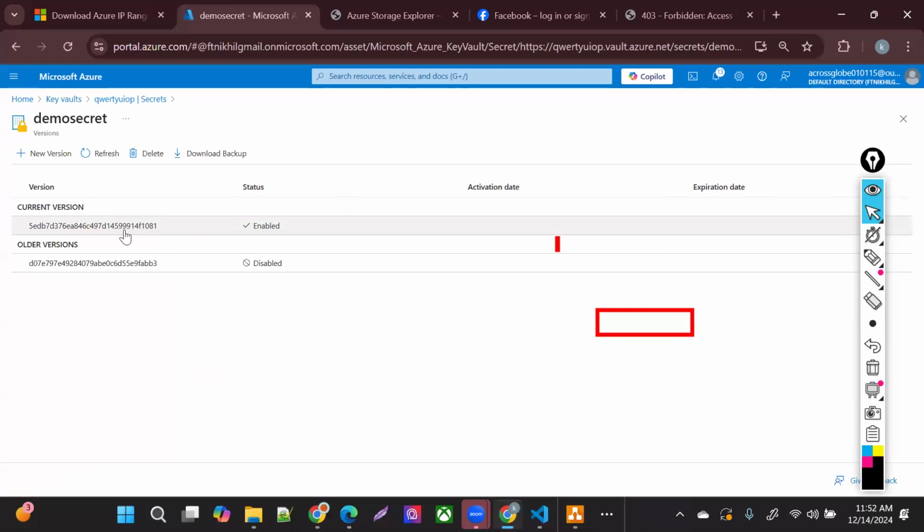So it's going to take the latest one. It takes some time, 4 to 5 minutes or more, to update the certificate at the Front Door level or some load balancer level. But once this is done, you don't have to do anything there. You just need to create the version here, and then automatically it's going to take it there.